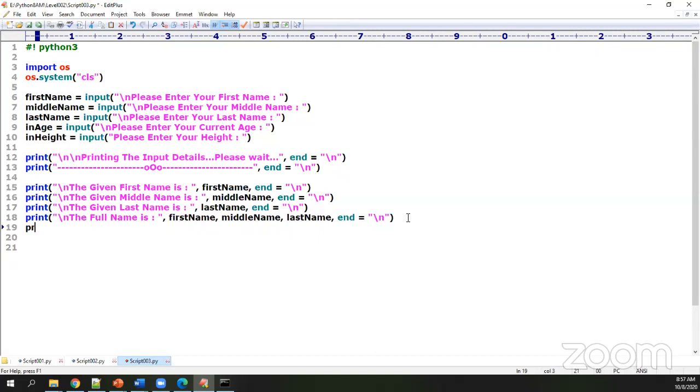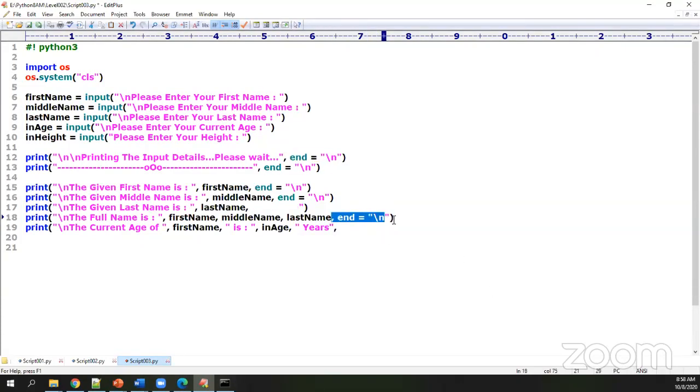Then I'm saying print the current age of, is, I'm calling it directly in age, years.